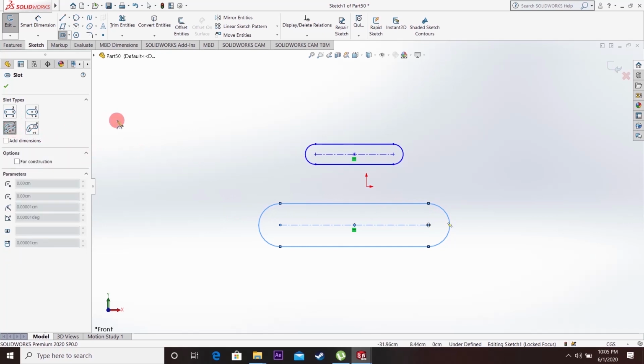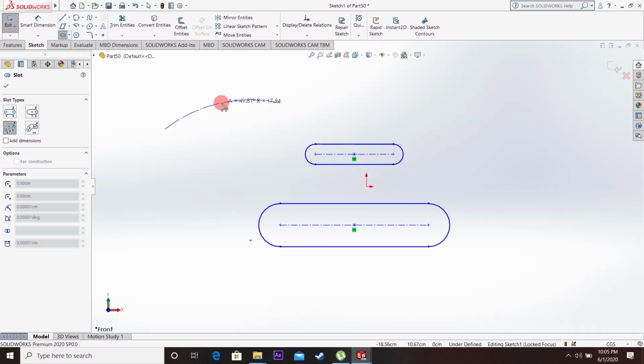So next we have the arc slot. In this, we need to draw an arc by using 3 points, just like the 3-point arc. The first point that you specify will be the first extreme point, the next click will be the second extreme point, and the third click will be the angle of the arc.